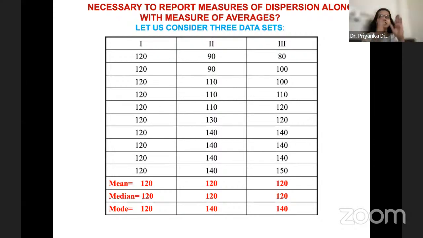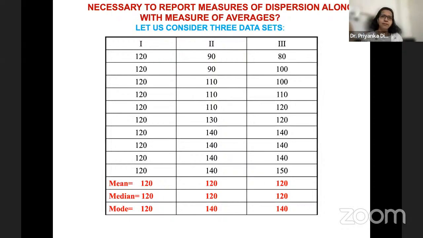We have 3 data sets. My responsibility is to describe the data sets. So how can I describe? I have to calculate the central tendency. So I have calculated mean, median, mode, and surprisingly, I found that the mean and median of all the 3